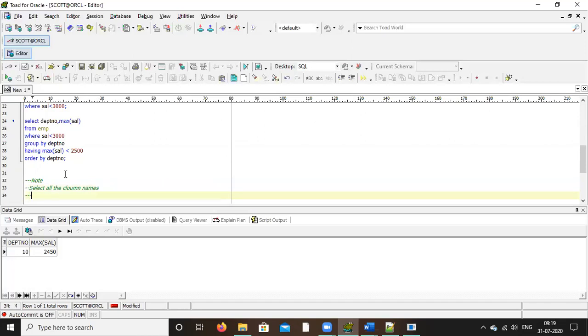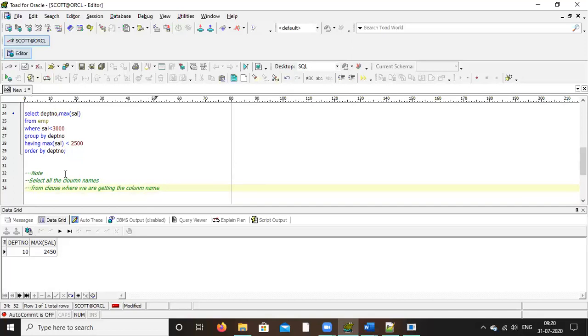Then is the from clause. From means from where you are selecting the columns. From clause means the table name. You have to write the table names, where you are getting the columns. If there are many, you write them with commas; that is the table name.